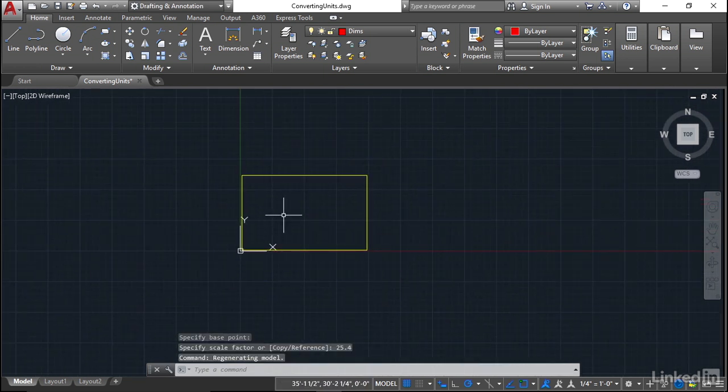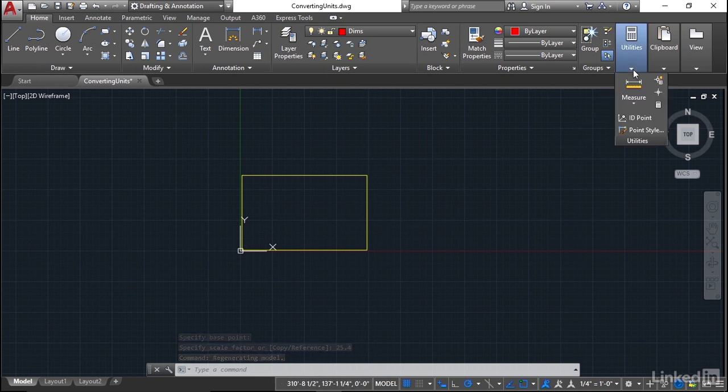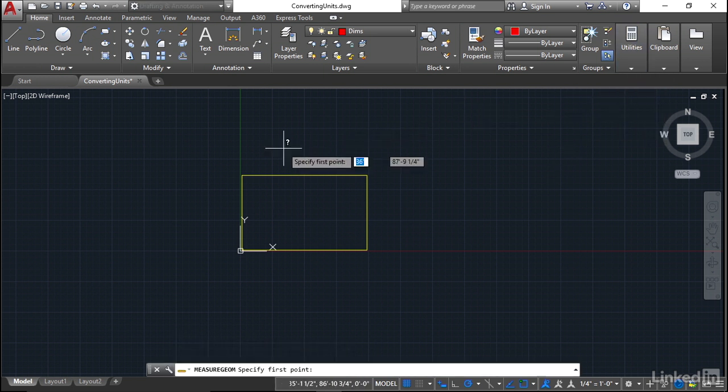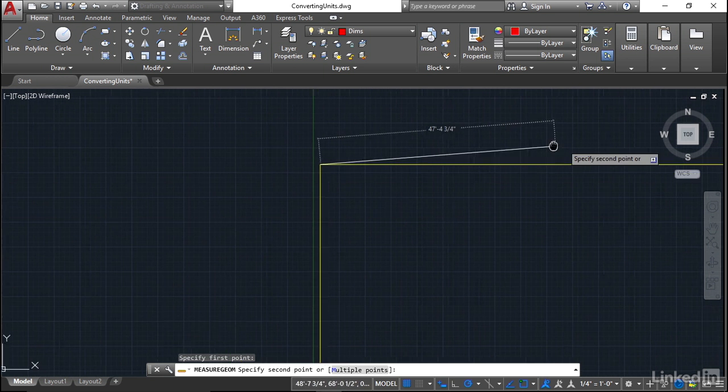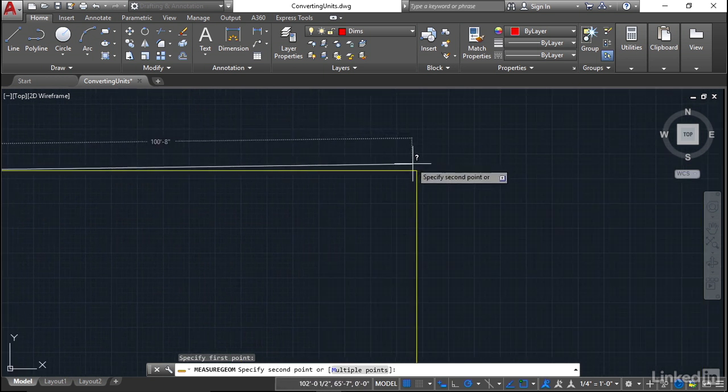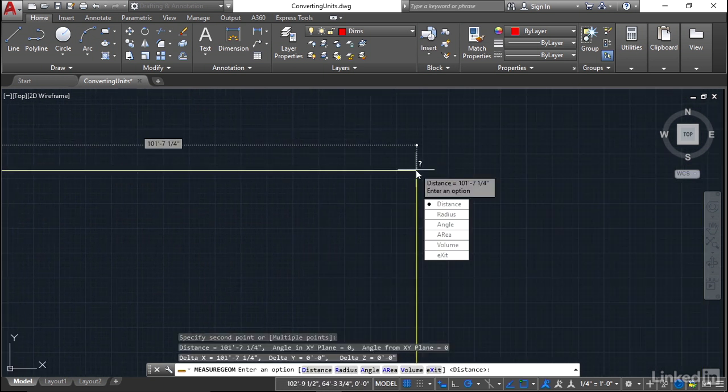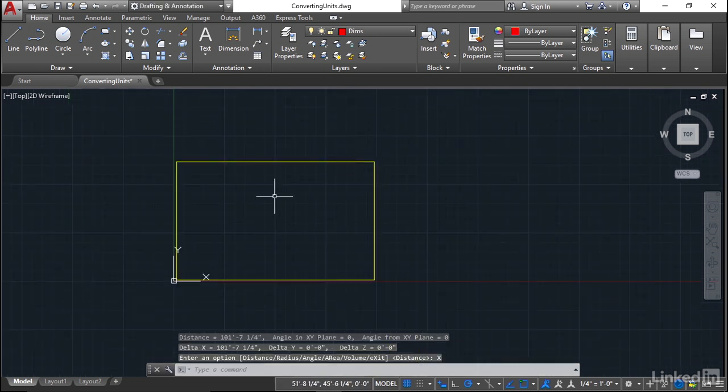And you're going to use the measure command again. So back to the utilities panel, and click on measure there, and use endpoint to endpoint. So you might want to zoom in a bit and get that endpoint snap there. And then again, come across here to that endpoint snap there. Now you can see now that it's 101 feet and 7 1/4 inches, which is completely nonsensical in the imperial measurement of units. So I'm just going to exit the measure command, zoom out a bit,